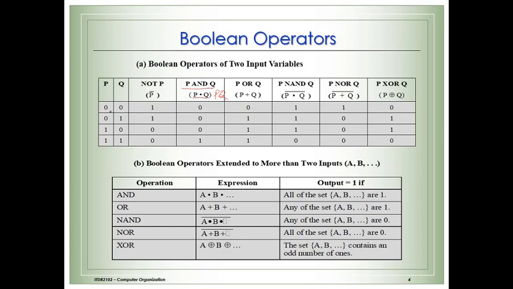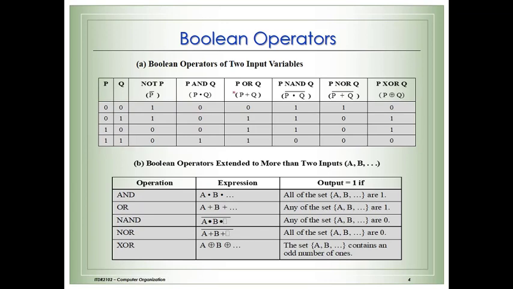Here the definition of the AND operator is that it will give you the result true if and only if both the operands are true. If both the operands are true, then only it will give you the result true. Otherwise, if any of the operands is not true, if any operand is false, then it is going to give you the result false. As you can see, both are zeros, you will get 0. One operand is 0, you will get 0. Another operand is 0, you will get 0. But if both the operands are 1, then only in that case you will get the result true.